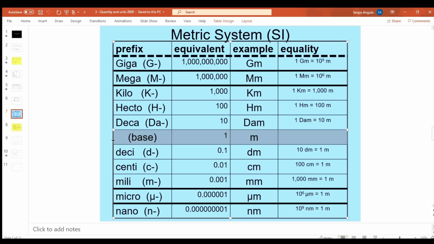Okay, if we're measuring distance, we'll use the meter. If we're measuring mass, we'll use the gram. If you're measuring volume, we'll use the liter. If you're measuring time, you can use seconds. It works with just about anything, but we tend to use it with metric units, meters, liters, grams, things like that. Now, I know I said that the base unit for mass is kilograms, and actually it's going to